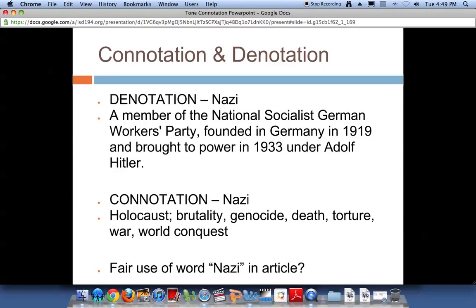Edwards uses a fair amount of emotionally loaded language, and he has a very clear tone in his sermon. So, as we move throughout the course of the rest of this unit, we want you to pay close attention to what an author's attitude is towards their subject and what words they use to help portray that.